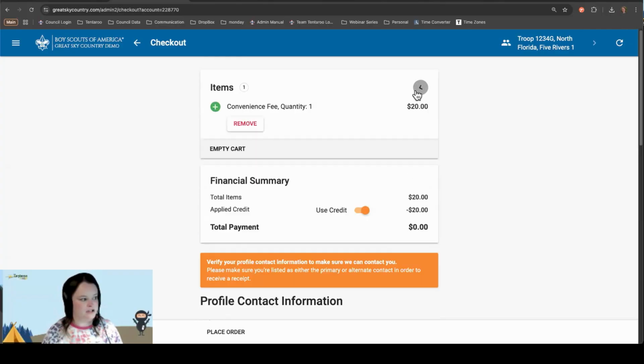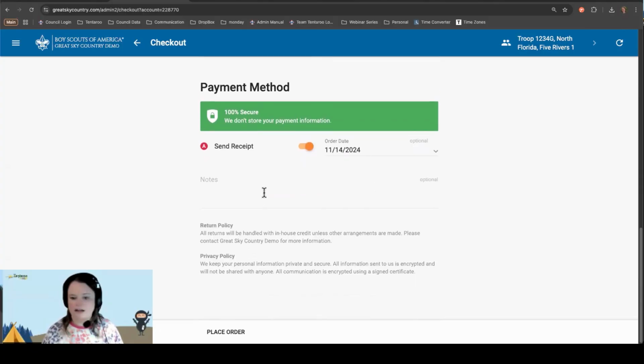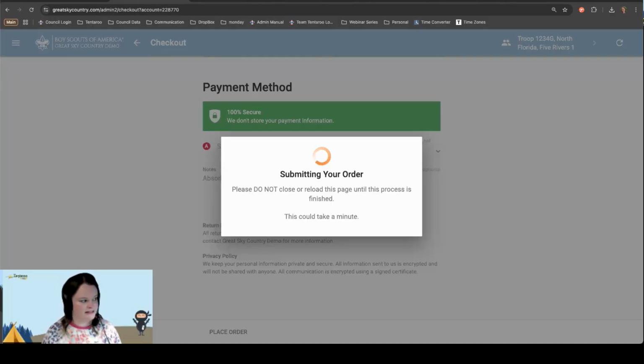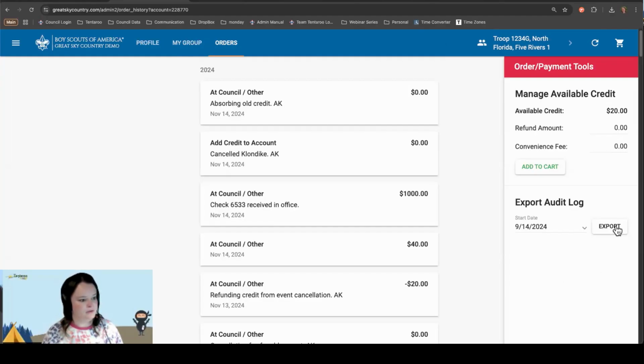In the checkout, you can see that this is our convenience fee and we're using credit to pay for it. And then, of course, you want to add some good notes here to explain what's going on. All right, and then we place the order to finalize that convenience fee. And now when we look at the group's audit log,